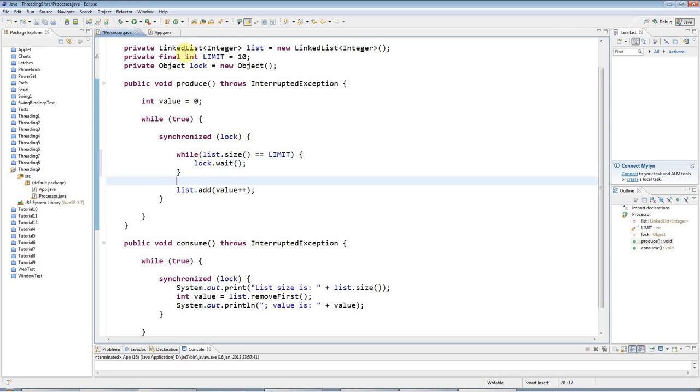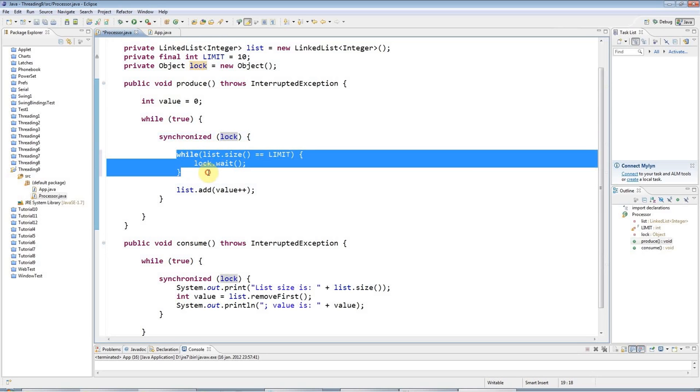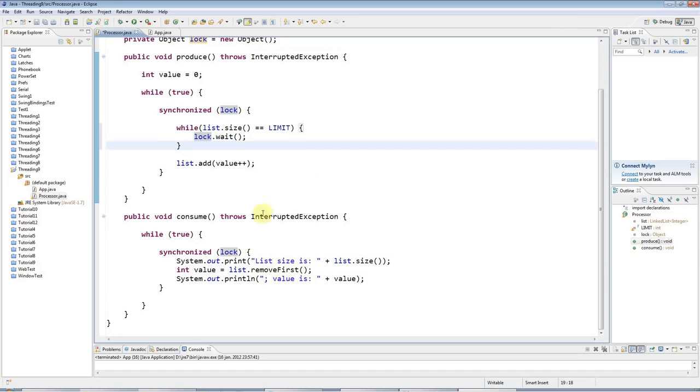This is why I'm using this lock object here. It's not necessary, but I just wanted to emphasize that you need to call wait on the object that you're actually locking on. It's really important, or it won't work. And why have I got a while loop here? Well, I'll explain in a second, but this is going to wait if the list is full, and in here,